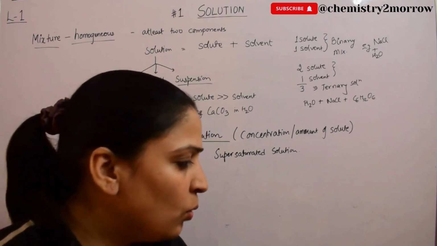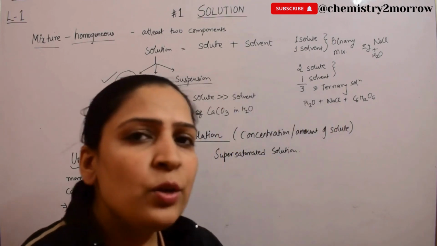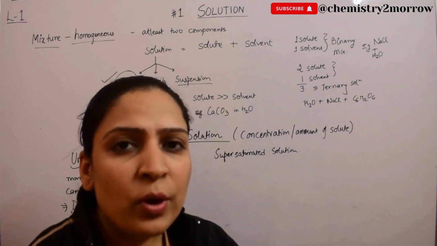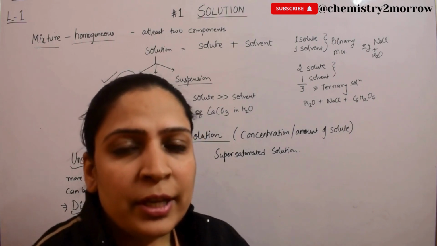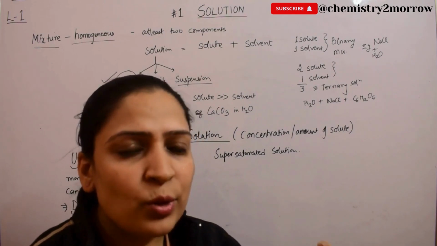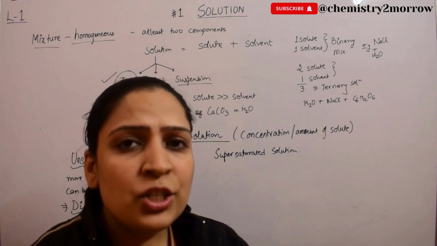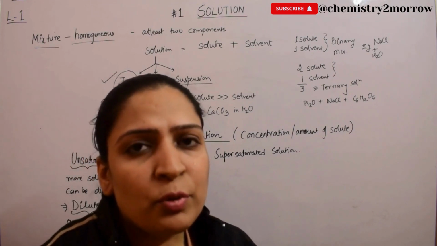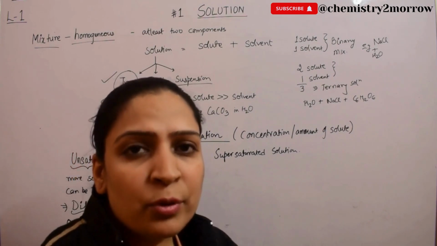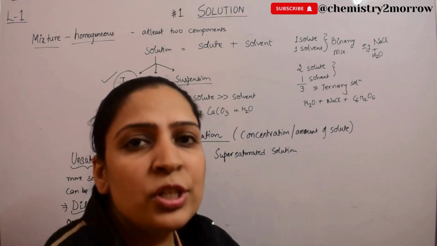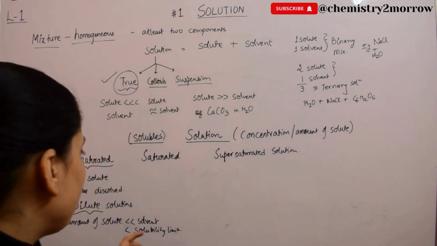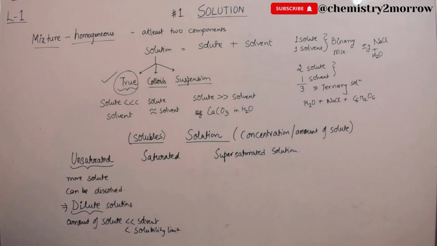Suppose I have added only 0.1 gram of sodium chloride in water, it will dissolve. If I add 0.1 more, it will still be soluble. If I add a further 0.1 gram of sodium chloride in say 100 ml water, I'm keeping the amount of solvent fixed and just increasing the amount of sodium chloride. Since I can add more and still make a homogeneous solution, it is a dilute or unsaturated solution, so I can add more solute in it.